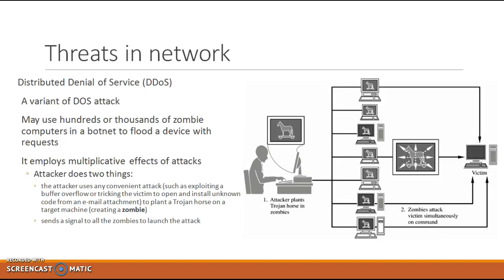Now we see a distributed denial of service. You might have seen a very famous movie, Troy. In the movie, they made a big dummy horse for deceiving their enemy. They put soldiers inside the horse. When the horse entered the palace of the king of Troy, the soldiers broke out of the wooden horse, and the army came out and captured the kingdom of Troy.